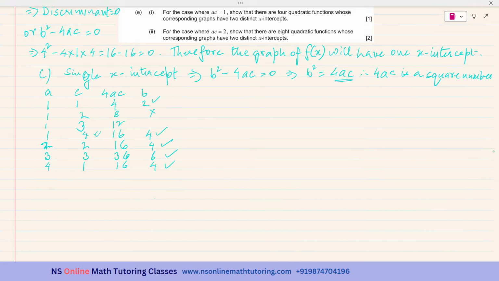Okay. So since there are, I can search for more numbers, but these values will be more than 6. There may be another square number for 4ac, but if you square root it, I'll be seeing that b's value is more than 6, but b cannot have a value more than 6. Okay. So since there are